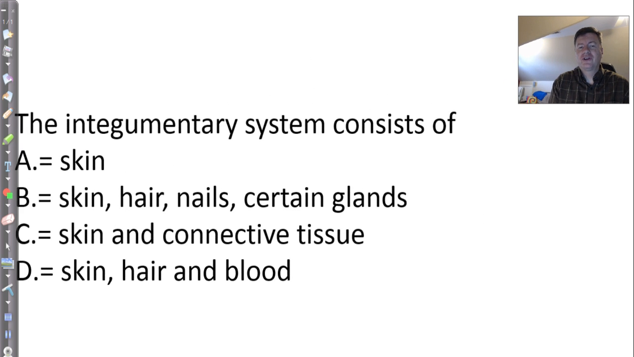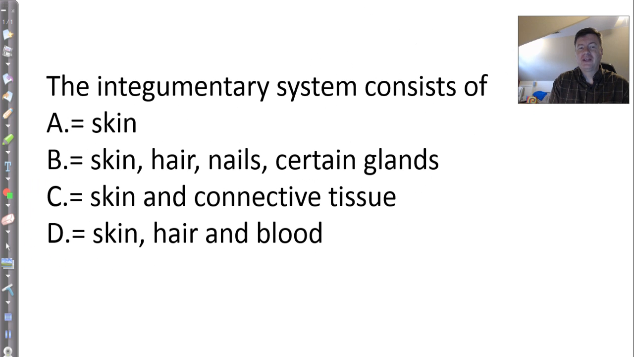So first, let's look at this one question. The integumentary system consists of A, B, C, or D, and it might surprise you to learn that actually it is B. We don't consider just the skin in the integumentary system. It is probably the most obvious component of it, but also hair, nails, and certain glands are also included in